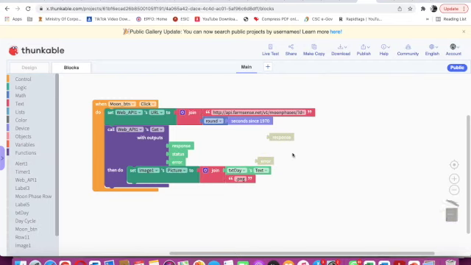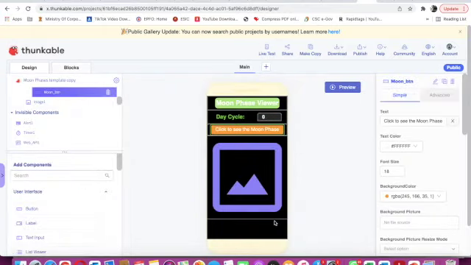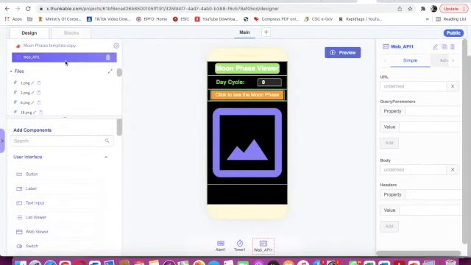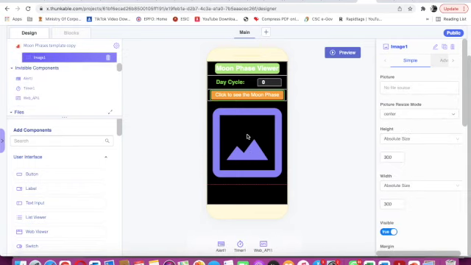Then do, it is written here: set image 1's picture to image 1. This is web API, and this is image 1.